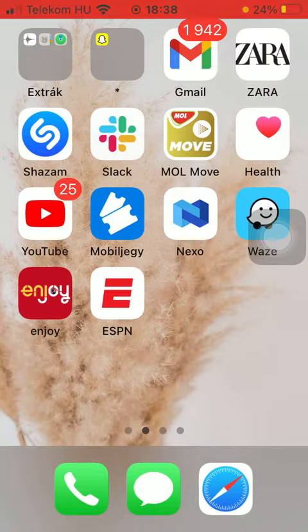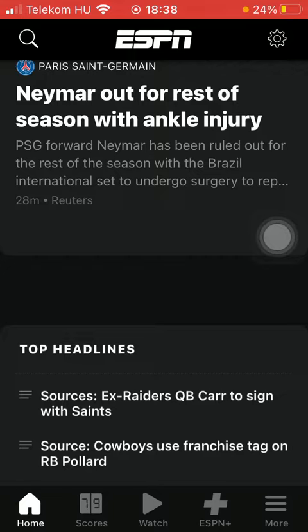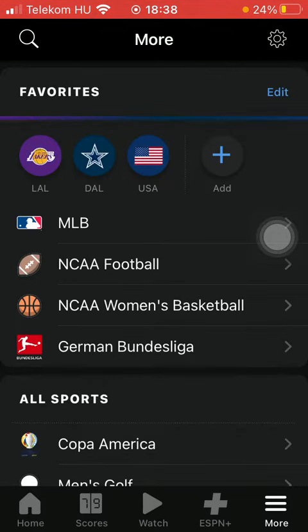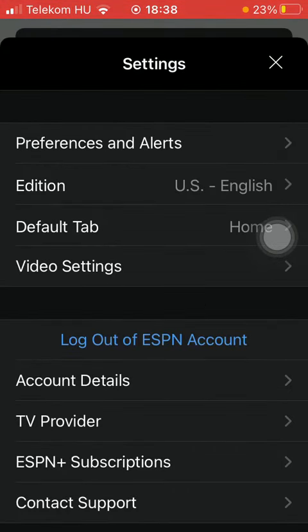Now let's jump into it. First of all, open the app on your phone. After that, click on this more button down below in the right side corner of the screen. Tap on this settings button in the upper right corner of the screen, then tap on video settings, which is